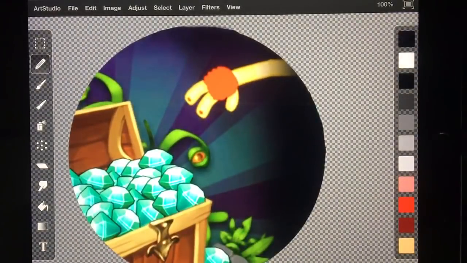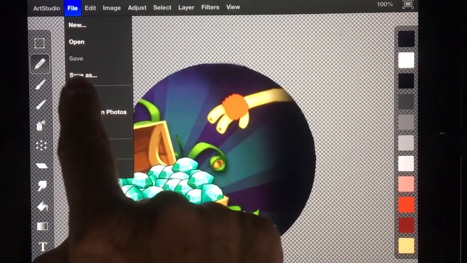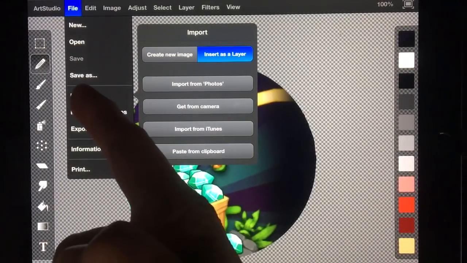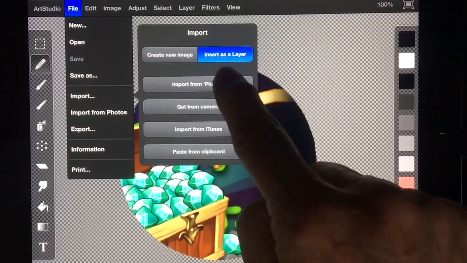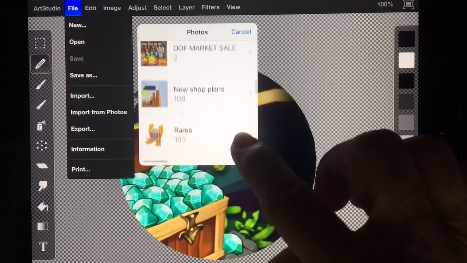There, that could be my new profile picture. I could file, import, insert as a layer. So that's not import photos, import, insert as a layer, import from photos, right there. I do have a lot of